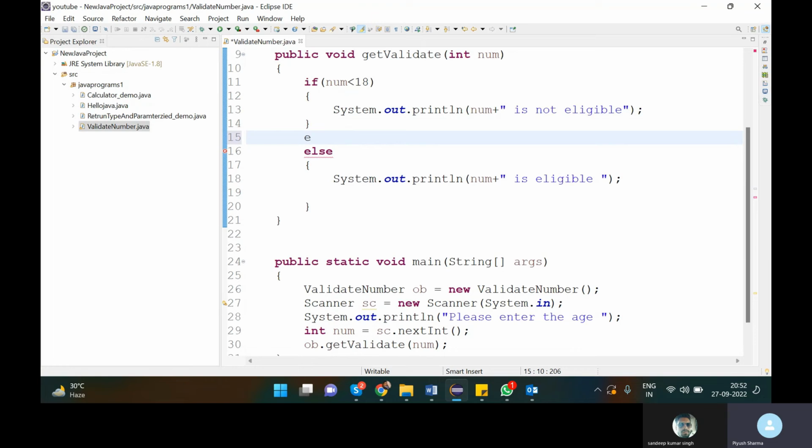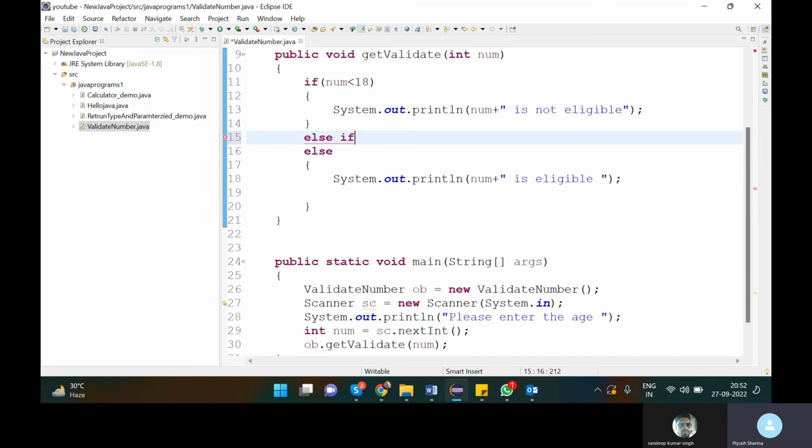Suppose we have multiple conditions, then we use else if. Firstly we start the if statement, then we insert else if statements, and after completing all of them, to verify the default condition we use else.